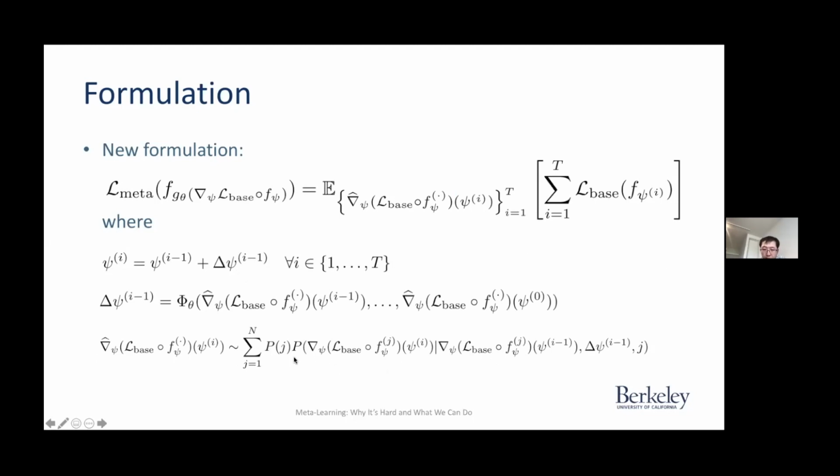So if you take a look at this part here, what it essentially says is, given the previous gradients and the updates and the objective function index, we're looking at the jth objective function in the training sets. So this is the probability distribution over the current gradient. This probability distribution is just going to be a delta centered at whatever the correct gradient is, given these three things.